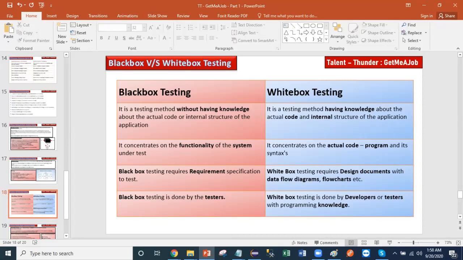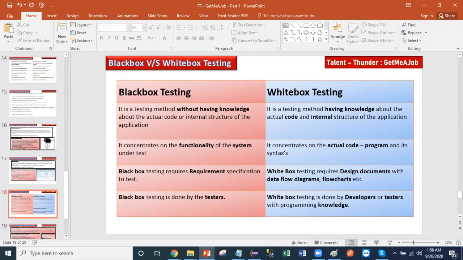Black box testing, that means normally a manual tester does. They have a set of input data, they send the input data to the system, and whatever the expected output comes, they just measure in Excel. They do not concern themselves with how the thing actually works. They just pass the input data, collect the output result, and record that result in Excel or Jira or any test management tool.